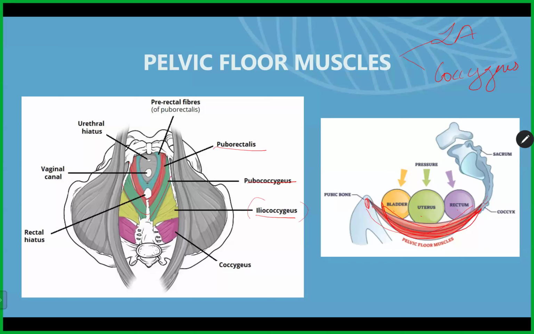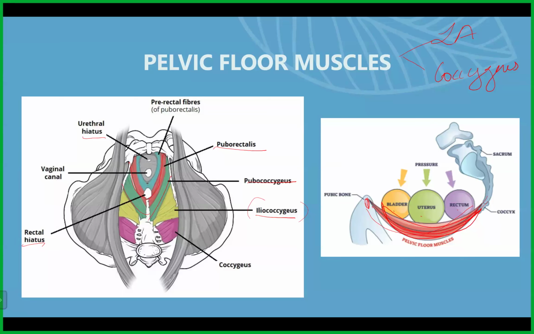As you can see, there are two hiatus mentioned here. In your pelvic floor, there are two openings, known as the urethral hiatus and the rectal hiatus. The urethral hiatus is present anteriorly, and it is where the urethra and the vagina pass through, while the rectal hiatus is placed posteriorly, near the perineal body, and it's where the anal canal passes through.